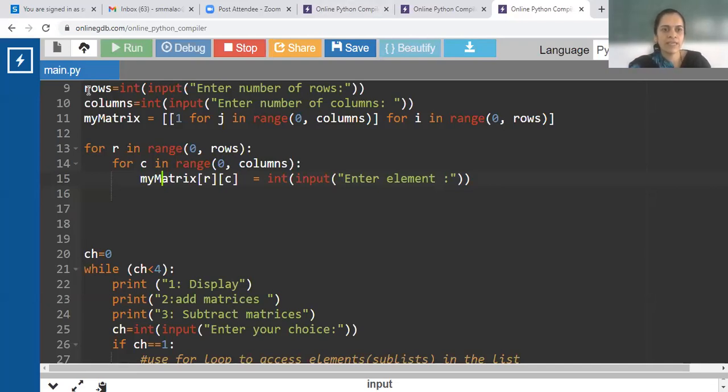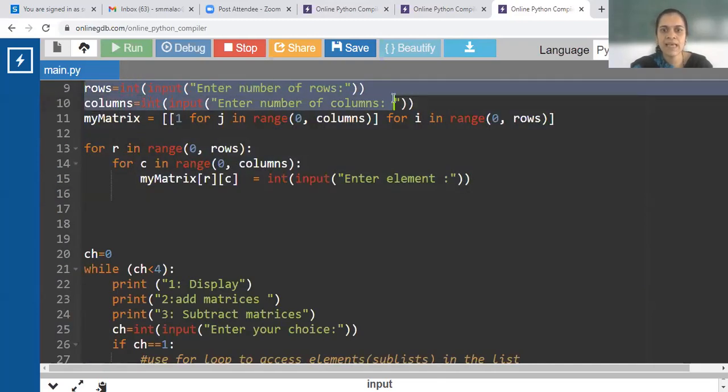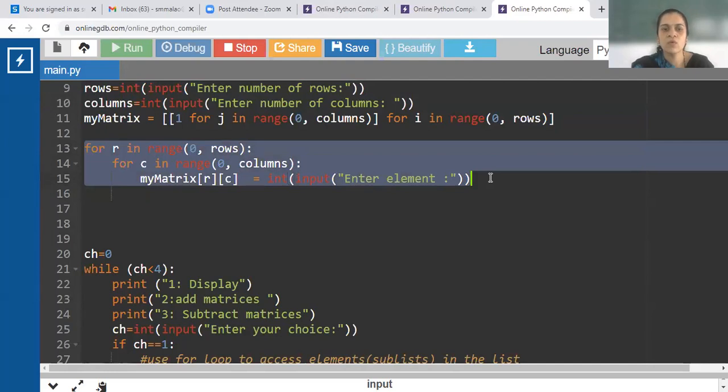So how will you create 2 matrices? These lines of code, accepting number of rows, columns, initializing the matrix with 0, and using for loops to accept a matrix, will accept one matrix.